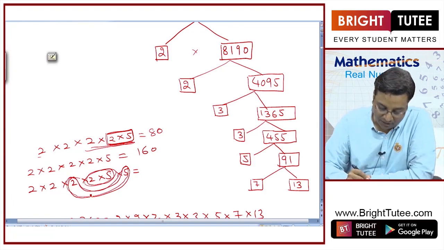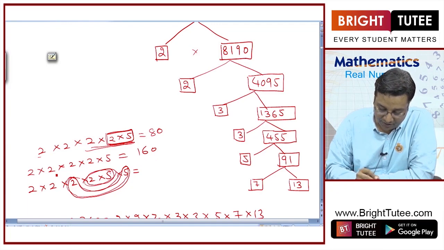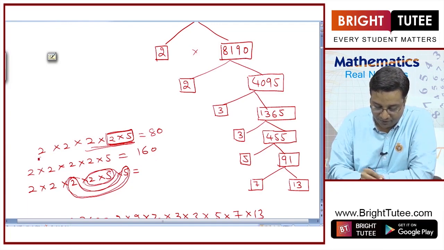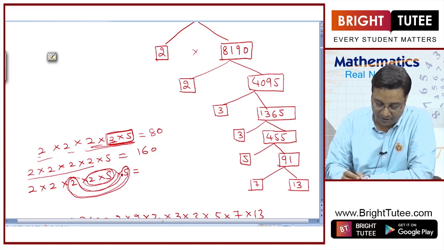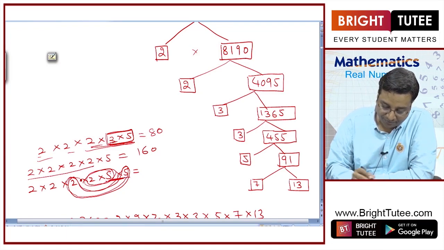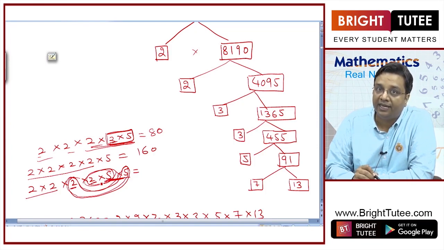So this will be, how many 2's are there? 1 2 3 4 2's are there, right? And 2 5's are there. So this number will be 2 into 2 4, into 2 8, into 2 16, 5's are 80, into 5 400,